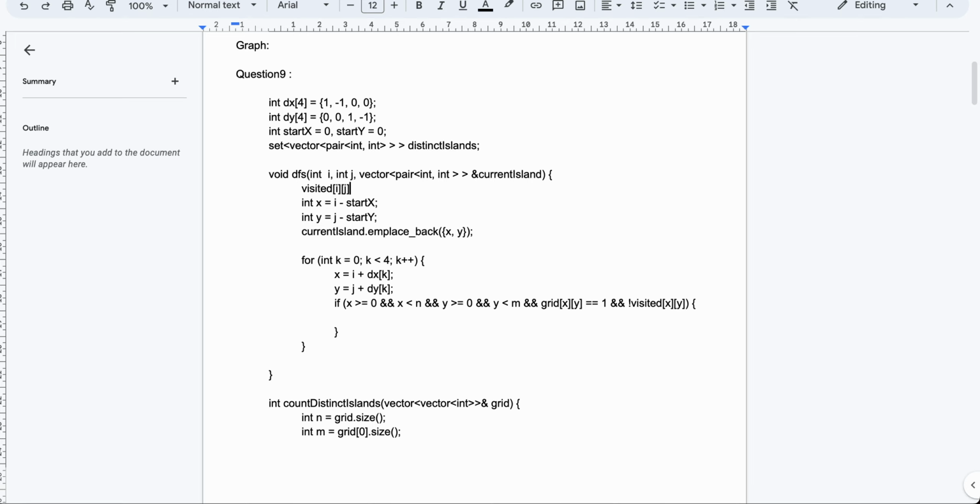Mark it as visited. Okay, and apply DFS from x, y, and pass the current island vector and visited matrix also. So it will be a matrix of bool. Okay,